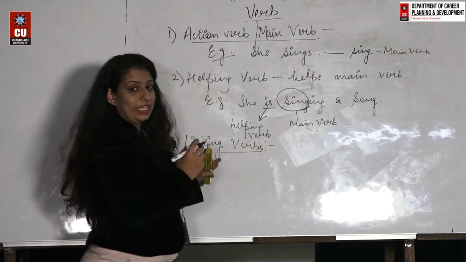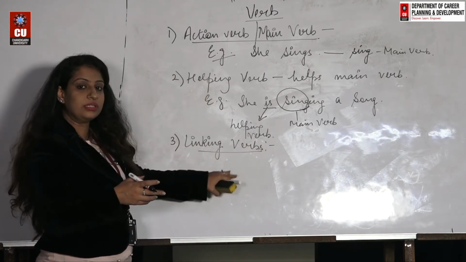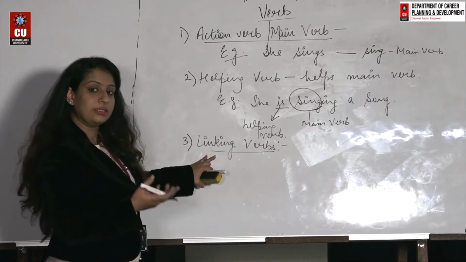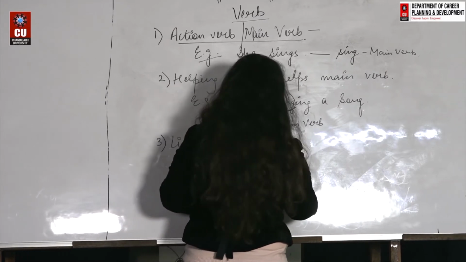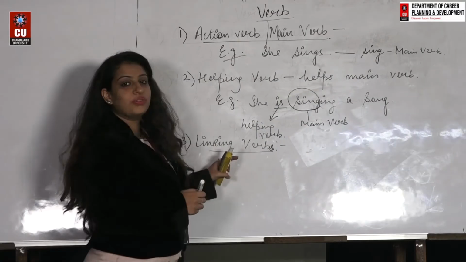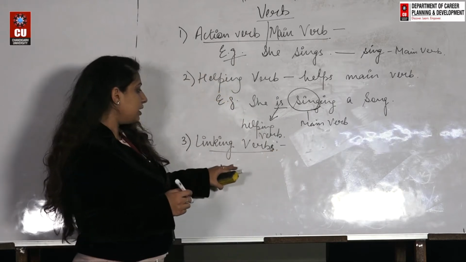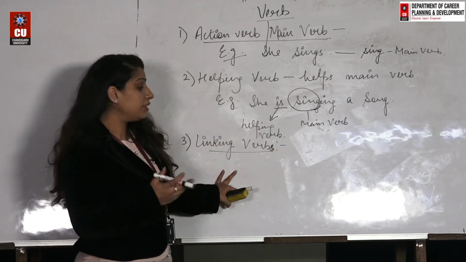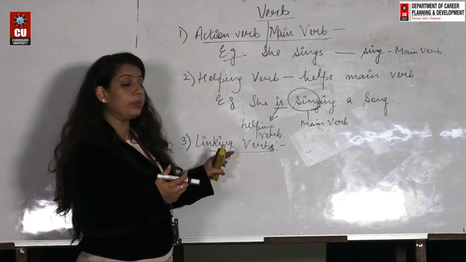So in this, whenever the subject of the sentence is linked with a noun or a pronoun or an adjective or adverb, we call it a linking verb. The state of being verb states actually the link between the